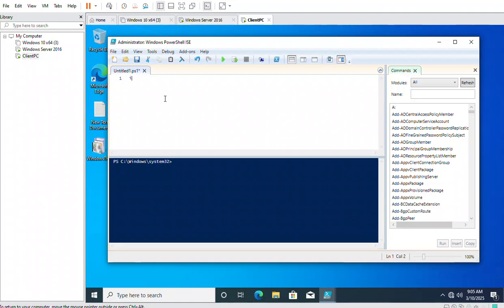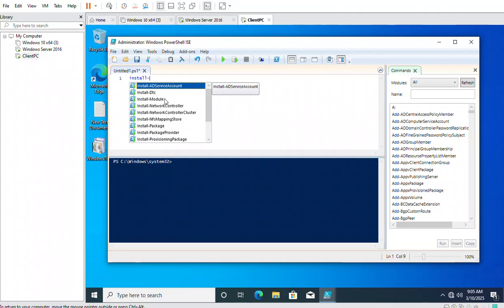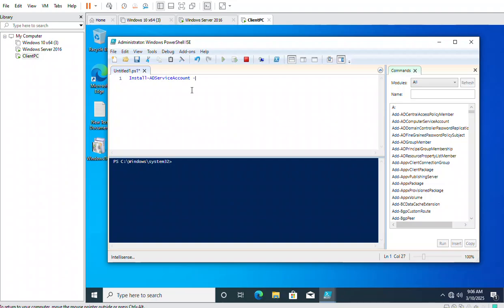So what is the command? Most of the time we say cmdlet, not command. Install-ADServiceAccount, hyphen Identity. Okay, and I need to put my service account name here. So this is my service account. Okay,